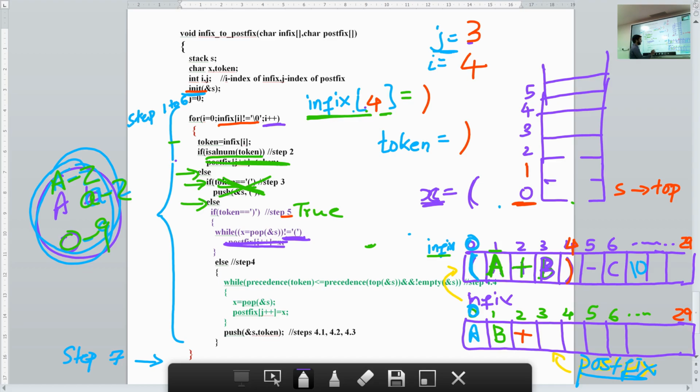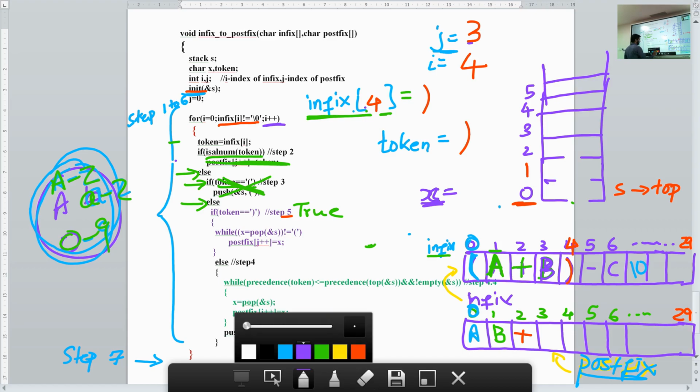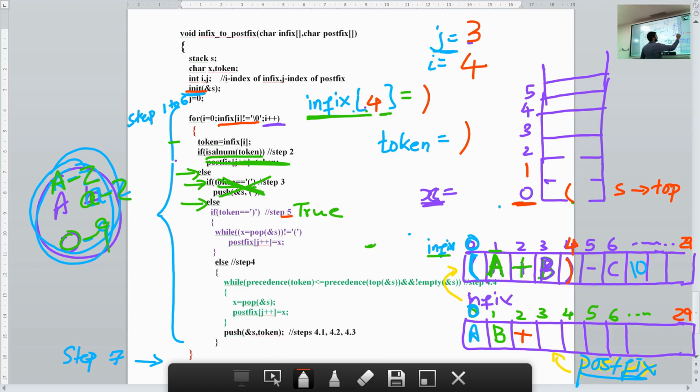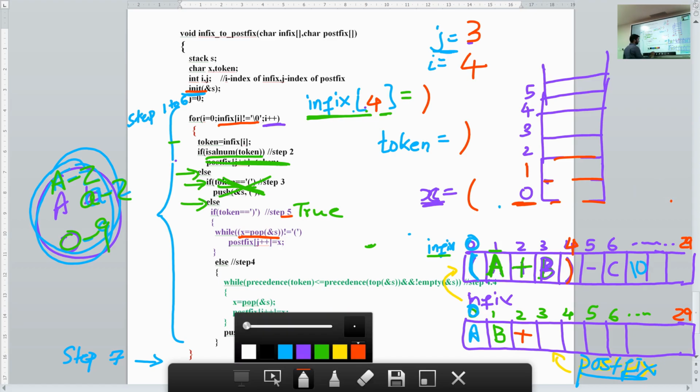Got it? Let me repeat this step again. Currently we have the opening bracket on the stack. First we pop the opening bracket. When you pop the opening bracket, the stack will become empty.